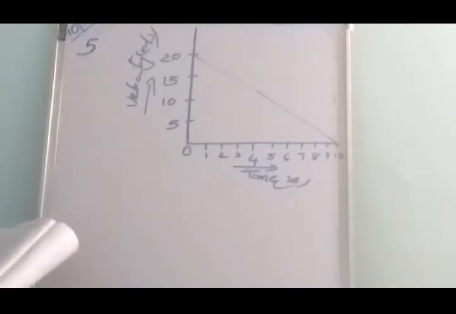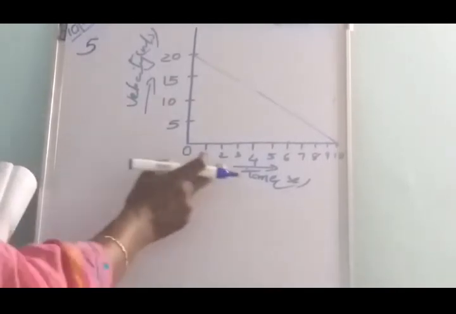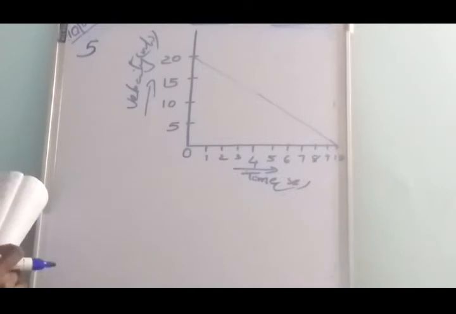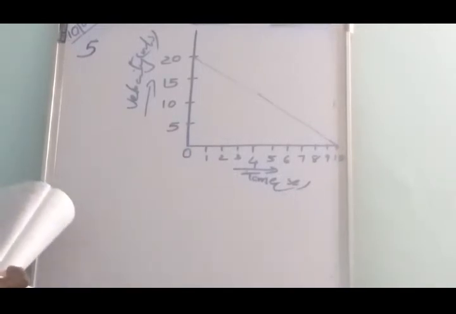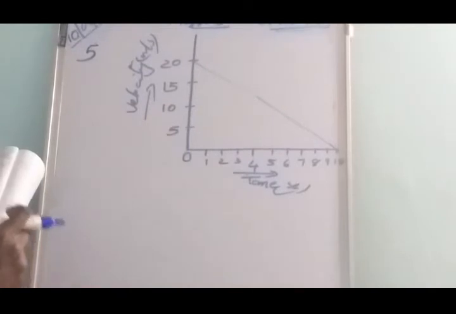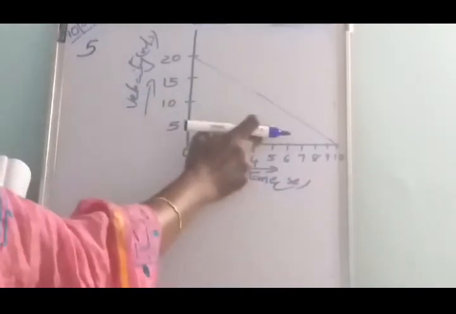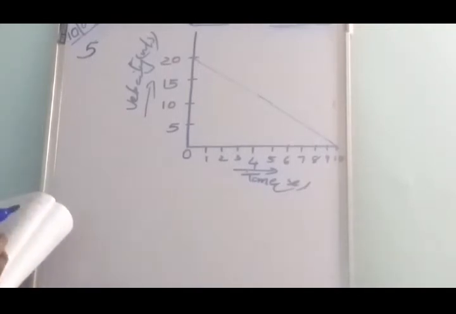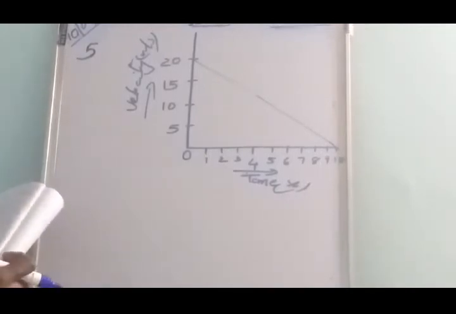And the fifth question is, the velocity time graph of a ball of mass 20 gram moving along a straight line on a long table is shown in the figure. How much force does the table exert on the ball to bring it to rest? Here the velocity time graph of a moving ball along a table is given. We have to find the force exerted by the table on the ball to bring it to rest.